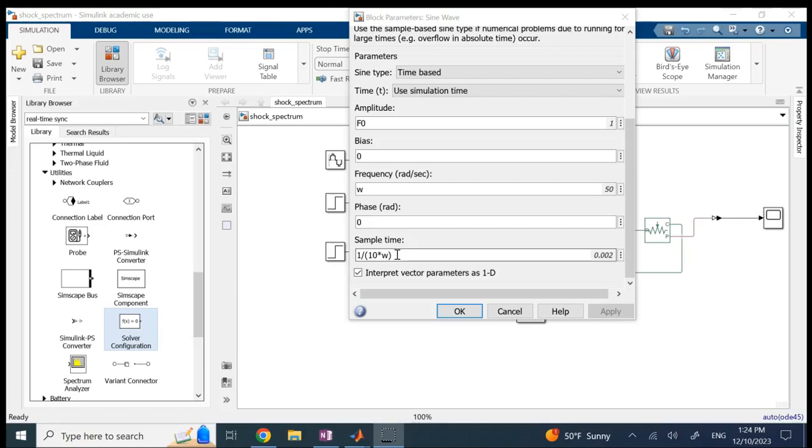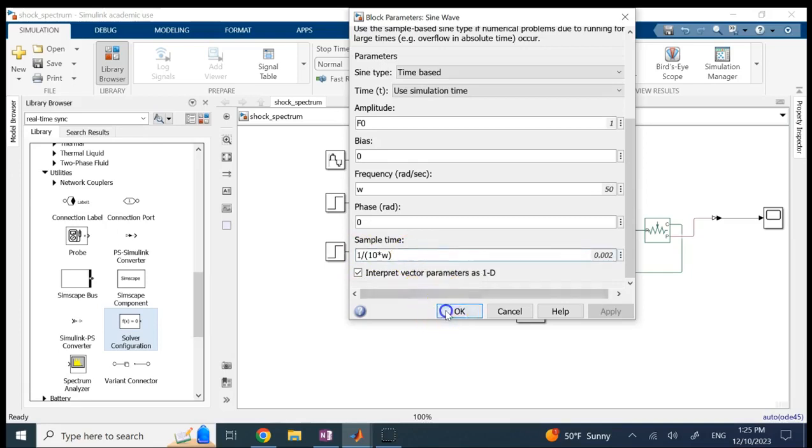So 6.28 over 0.1 is like 62, 63 samples per period. Okay, that's how many samples I can get per period. So make sure that the sample time is not a constant number, because when the frequency goes up, if you don't sample it enough, you might not get the X max properly. So use a formula for the sample time, so as the frequency changes, your sample time also gets